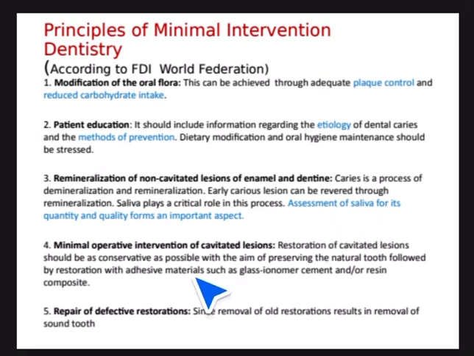So when we assess the saliva for quantity, for quality, it's very important to prevent demineralization, and it also helps in remineralization. So remember this, when we have a